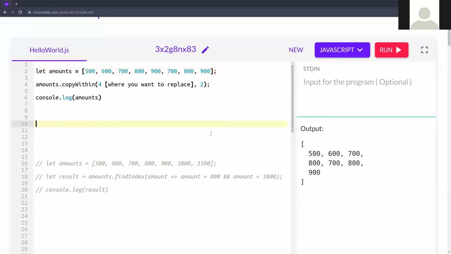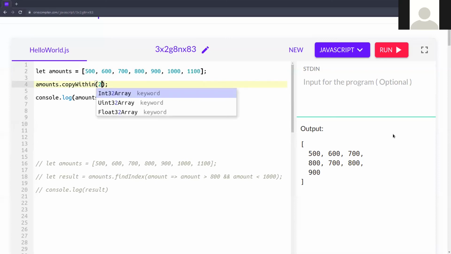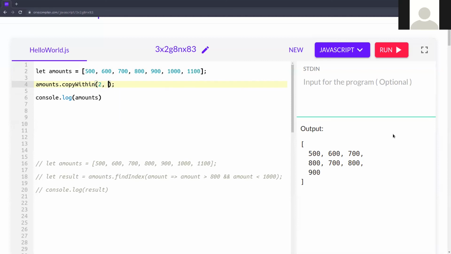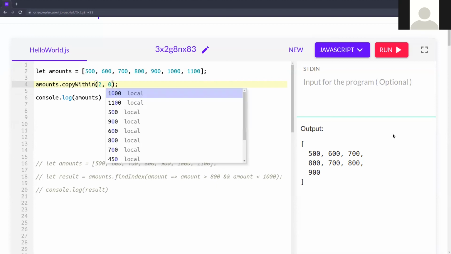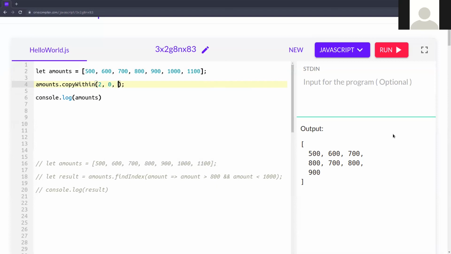This is the copy within. You can do it another way, like you can give 2. So the destination should be 2. Copying from the index, this is the 0. Okay. And then 3.